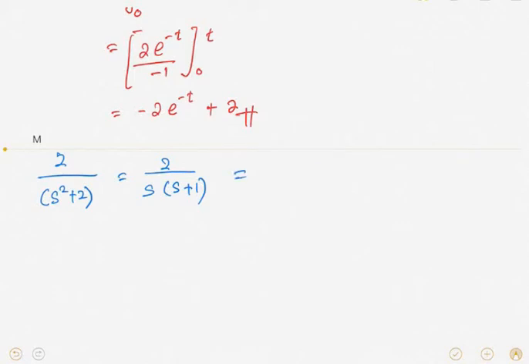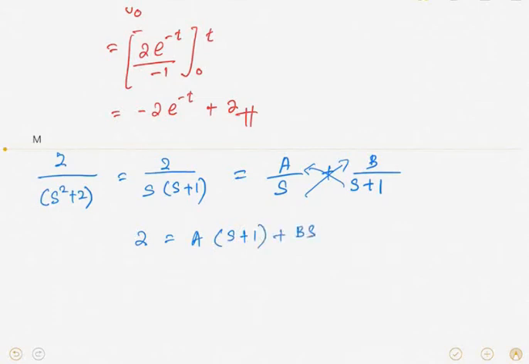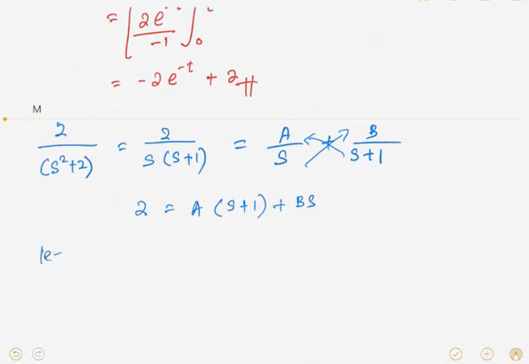Then you can change to A over s plus B over s plus 1. Now you have 2 equivalent to A times (s plus 1) plus Bs. So you assume s equal to 0, what do you obtain? When s equal to 0, you have 2 equal to